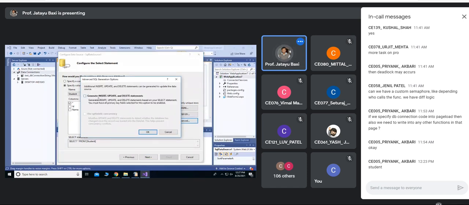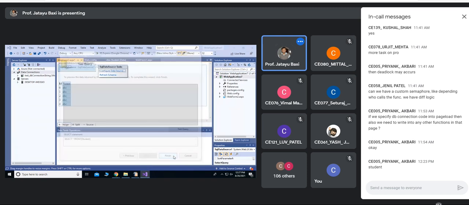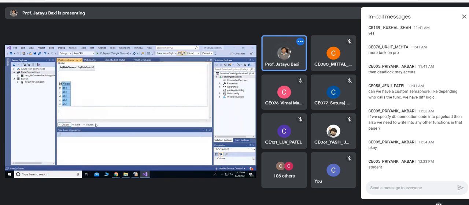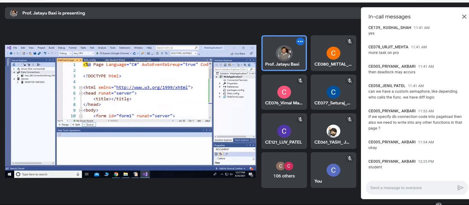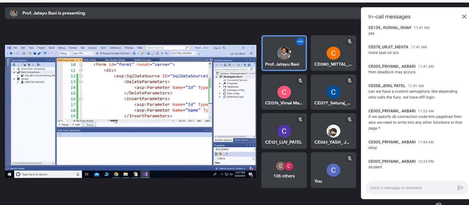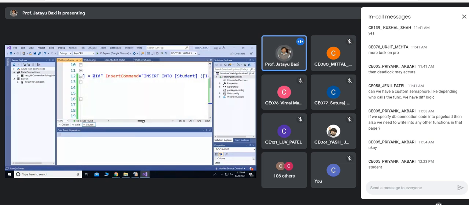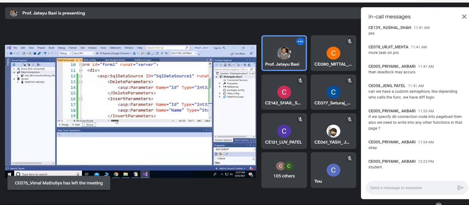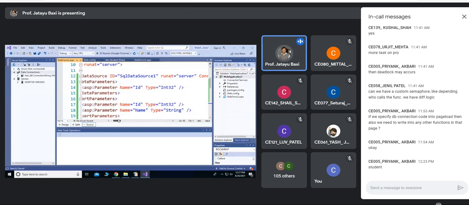In the advanced, there is an option to generate insert, update, and delete statements also. So I'll check that, click OK, and then finish. Now if I go to source view, you can see that I have the insert command, select command, update command, and also the delete command and delete parameters.